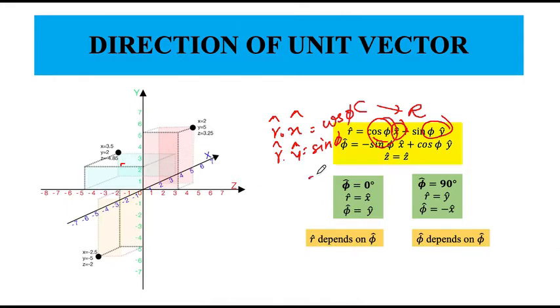Similarly, minus sin phi will be the dot product of phi hat and x hat, and cos phi will be the dot product of phi hat and y hat. So this minus sign is associated with the x direction, meaning it would be pointing in the negative x direction. So with this knowledge we will now be able to transform a vector in the cylindrical coordinate system into a vector in the rectangular coordinate system.